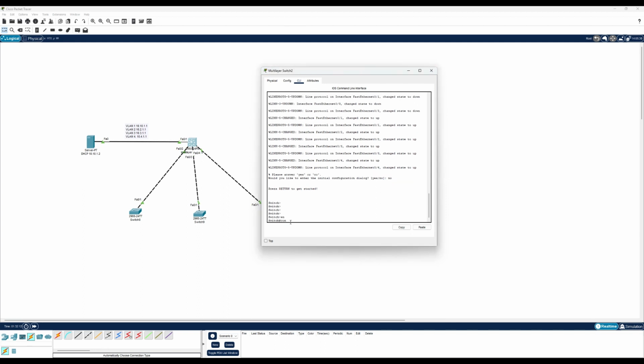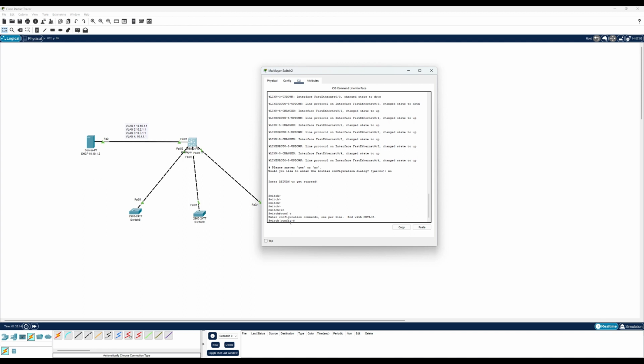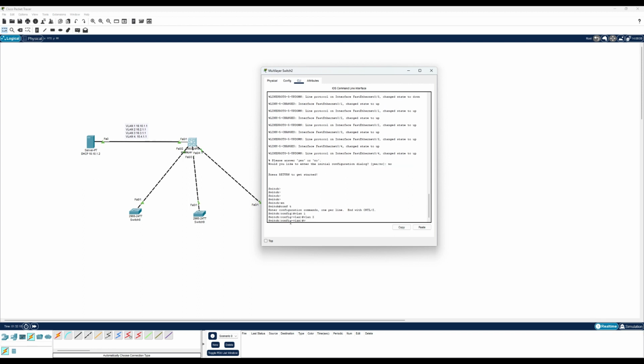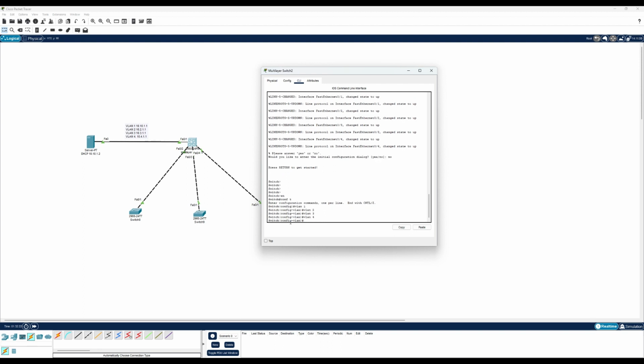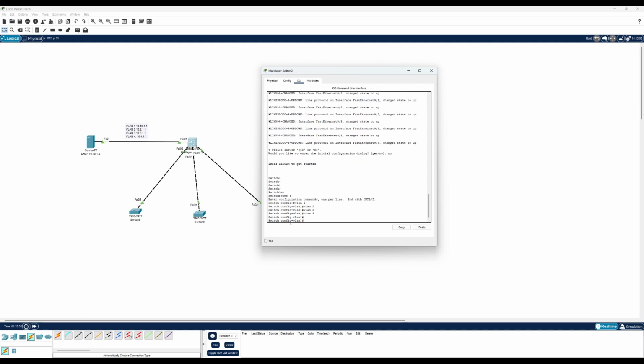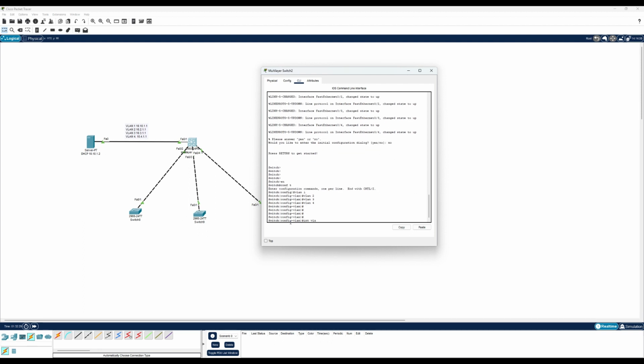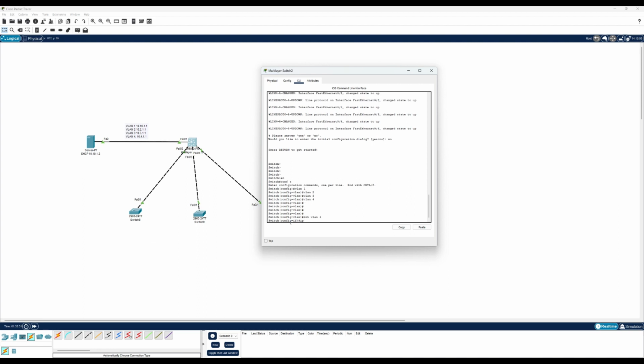So I'll enable, configure, then I'll integrate all the VLANs, so VLAN 1, VLAN 2, VLAN 3, VLAN 4. So integrate VLAN 1, then I'll add the IP address for VLAN 1 to be 10.10.1.1, and